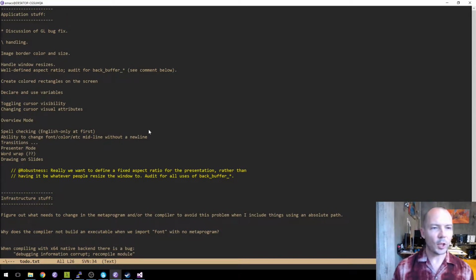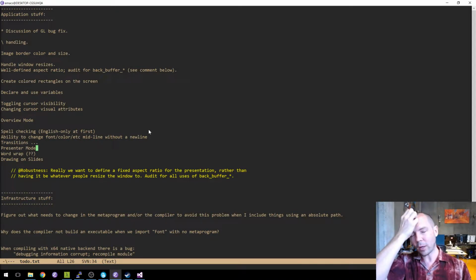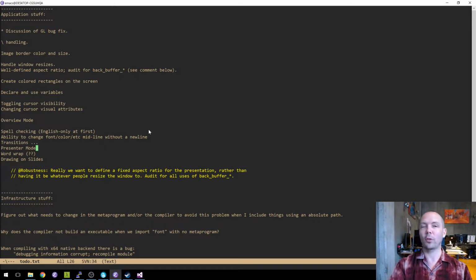Let's talk about the GL problem. So we were experiencing last time a crash in the graphics driver when we load a texture map, and at the time I thought it was maybe because the texture map was big, and I scaled it down and it started working. But it started working because I scaled it down to a width that was an even number, which is terrible. So what I had to do to fix this bug, with the aid of some people on Twitter, was the following.